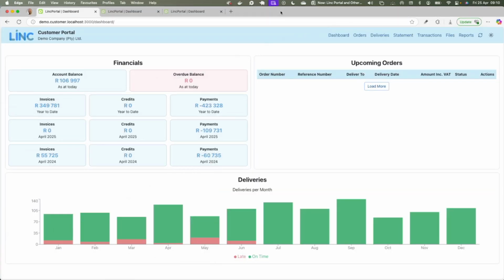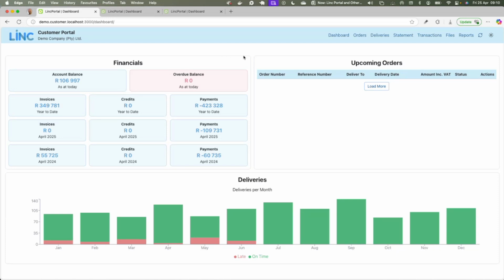So the customer portal, like I said, your customer logs in with a username and password. It's very simple. It authenticates them against your BC tenant and limits the data they can see to whatever customer number in your BC environment you linked to that user.